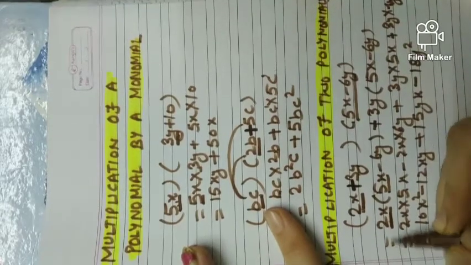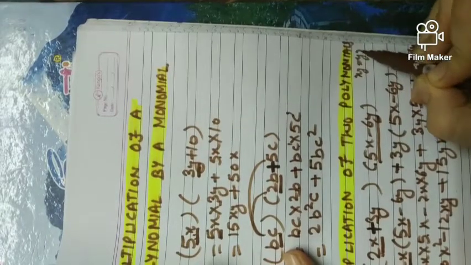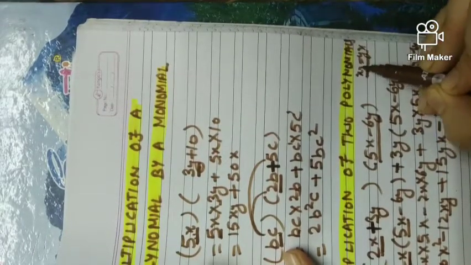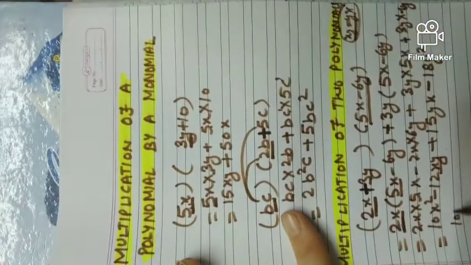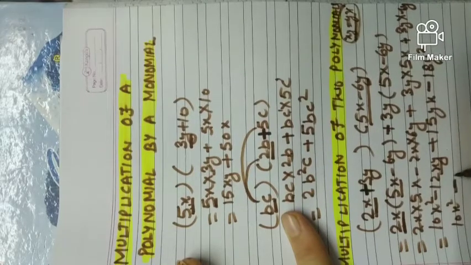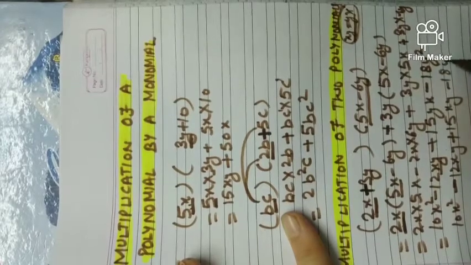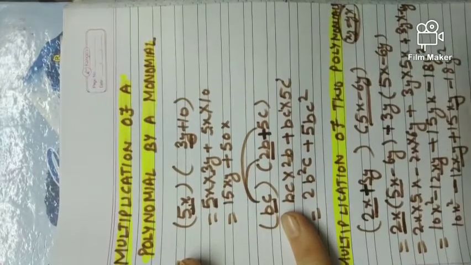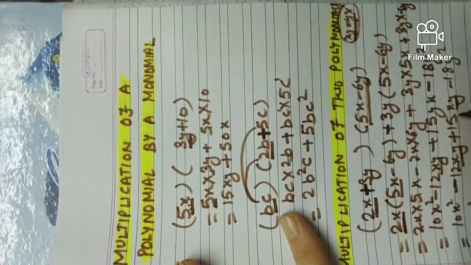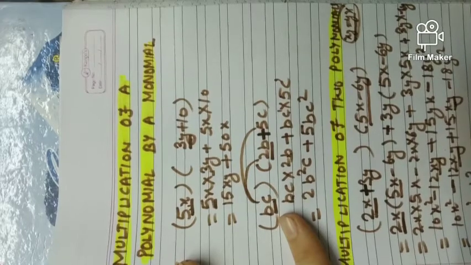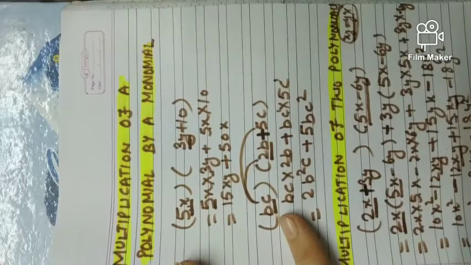Beta, now you see this xy, I have told you that xy is equal to yx in fundamental concepts. First with second or second with first, their multiplication is the same. So I can write this 10x square, 12xy plus 15xy minus 18y square. I have changed the order. These are like terms, so now you can add these. Okay beta, plus minus minus, take the sign of the bigger number. So 15 minus 12 will be 3xy and minus 18y square. So like this I have got my answer.